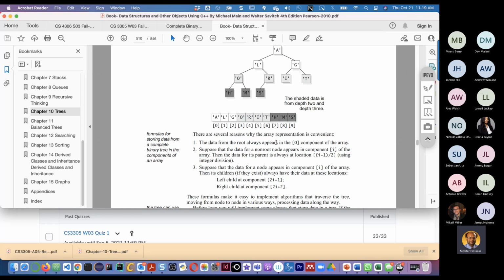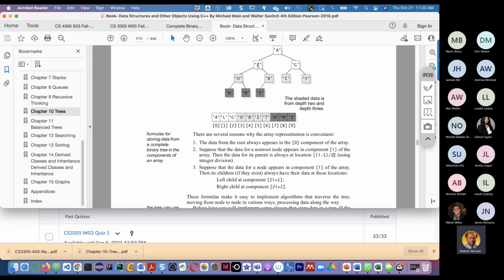For instance, if I equals 1, here I is not the root. The root is always at index 0, and here we are talking about other elements. So for the first element, if I equals 1, then 1 minus 1 is 0, divided by 2 equals 0, and that is the root.